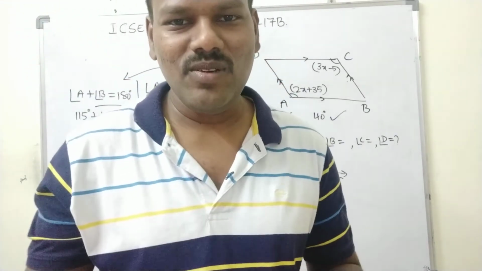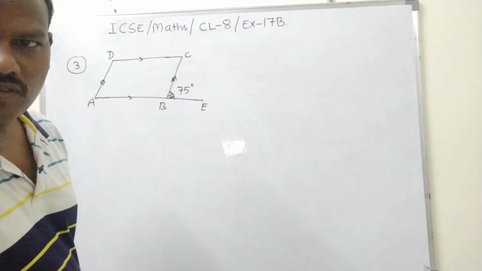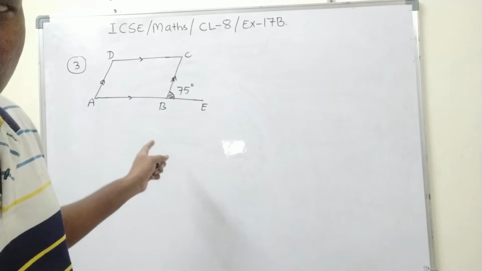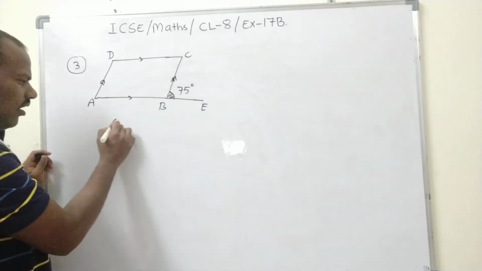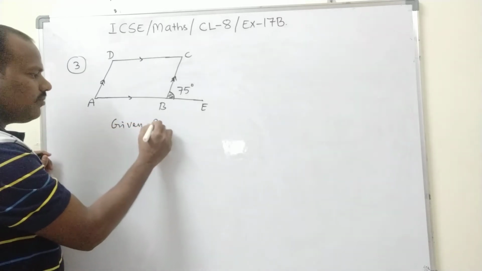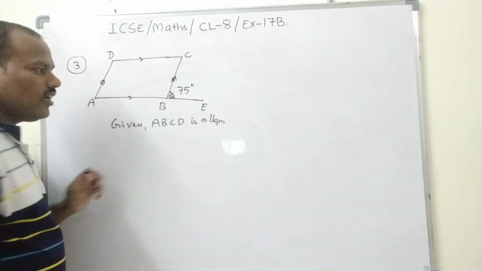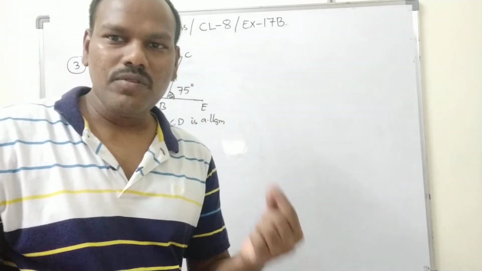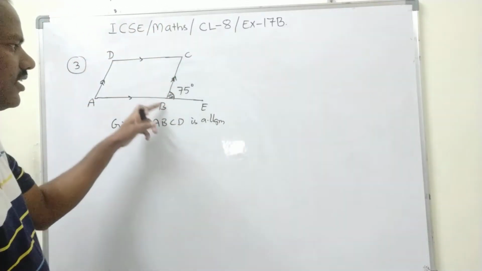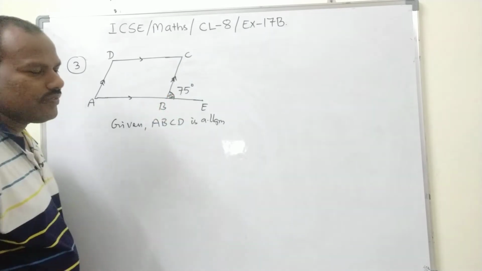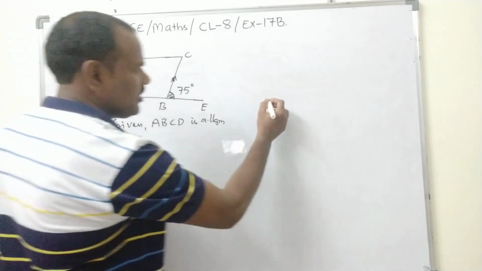Now again slowly difficulty will begin from question number 5 onwards. Please adjust. ABCD is a parallelogram, given. Okay, but the drawing is faulty. Now always write the given details, children. ABCD is a parallelogram, and vertex B is extended up to vertex E. And angle CBE is given as 75 degrees. We need to measure all the remaining angles. Very simple.